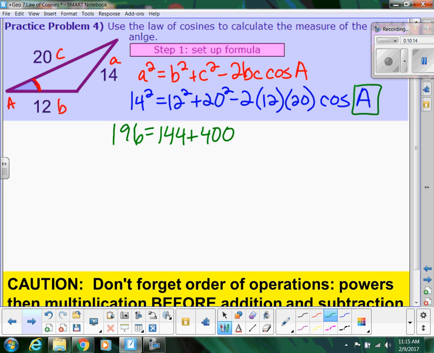This is what most people do incorrectly. They will try to subtract all of that and then divide by that. That's not how order of operations works. We have to do all the exponents first, and then do all the multiplication, and then do the subtraction. So be careful on how you solve. You don't want to lump all of those together. All right, so